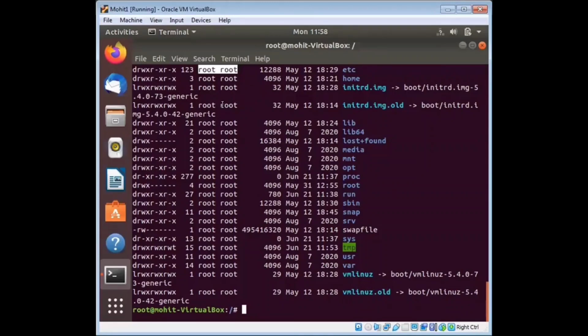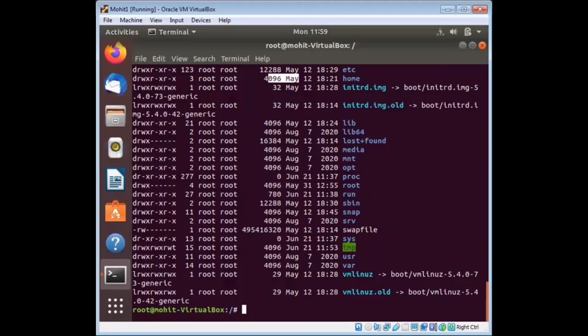Field 3 is your owner. The third field specifies the owner of the file. In this example, the file is owned by the username root. Who is root? Me, Mohit. Field 4 is your group. So this is all about your ls command.